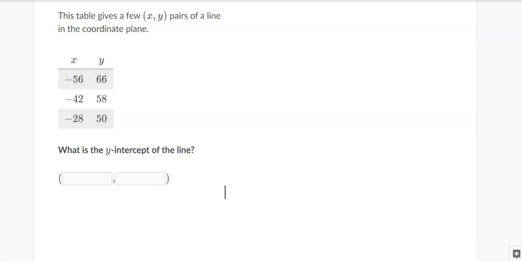This one I'm not going to verify with Desmos, but we're just going to do it using algebra. So same type of idea. This time, you always want to look and see what we're after. This time we're after the y-intercept. So I need to find the y value when x is 0. So let's go ahead and get our little table rolling over here. So I got x, I got y, and